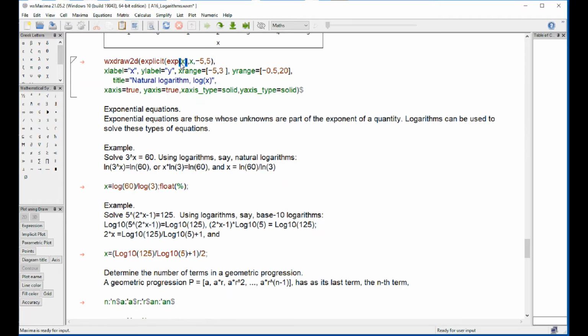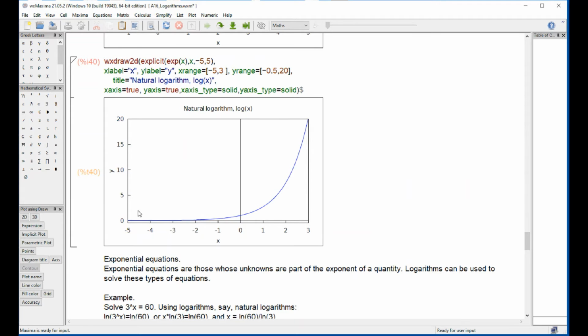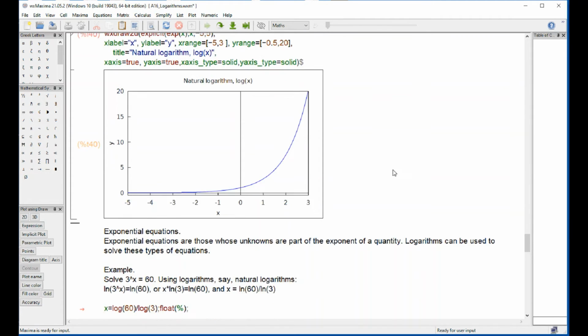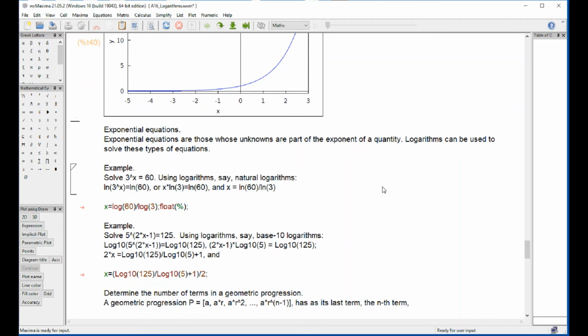And I'm going to draw for you the exponential function. It starts from 0 down here and it grows exponentially. If you heard the term it grows exponentially, it's because it grows very fast when you get into the positive values of x. Exponential equation, for example, if you're given 3 to the x equals 60,